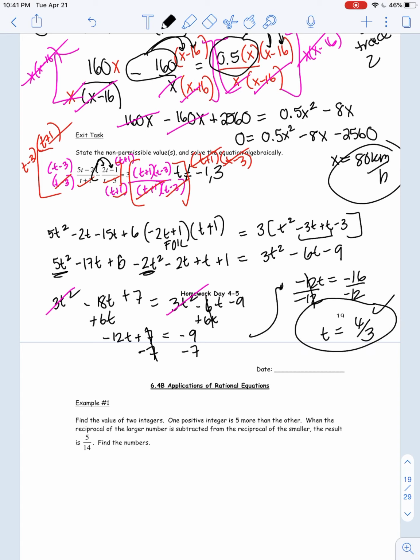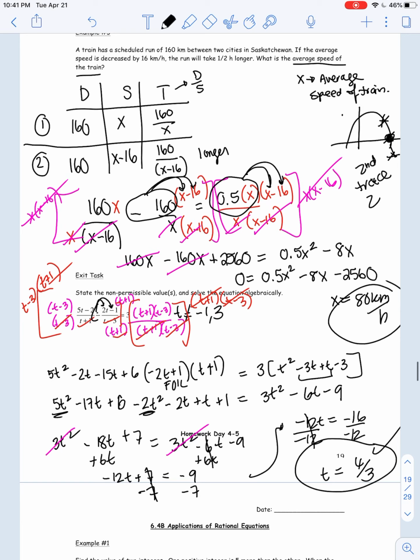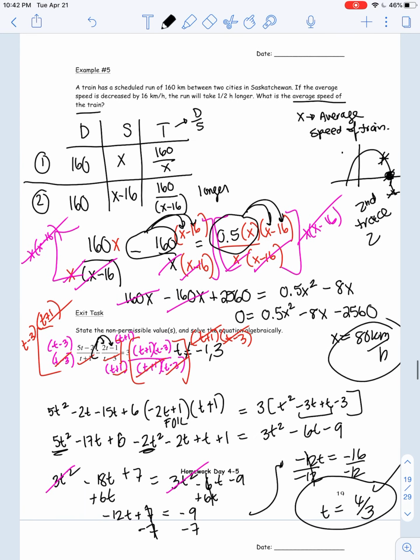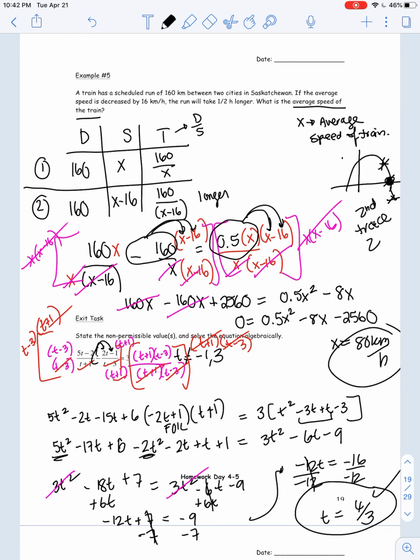Always check your answer. I do know that this is an answer, but you should always substitute to see if left side equals right side. Okay, so that is your lesson 6.4a, and that's about solving your rational equations. So make sure you practice this algebraic approach, and then in the next lesson